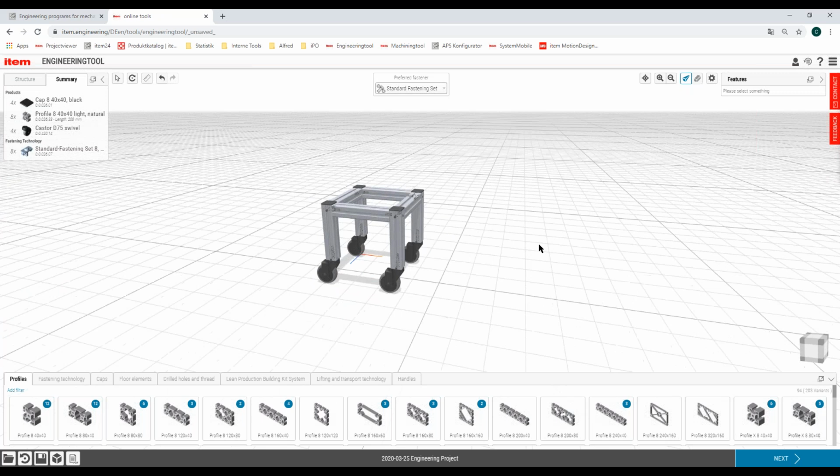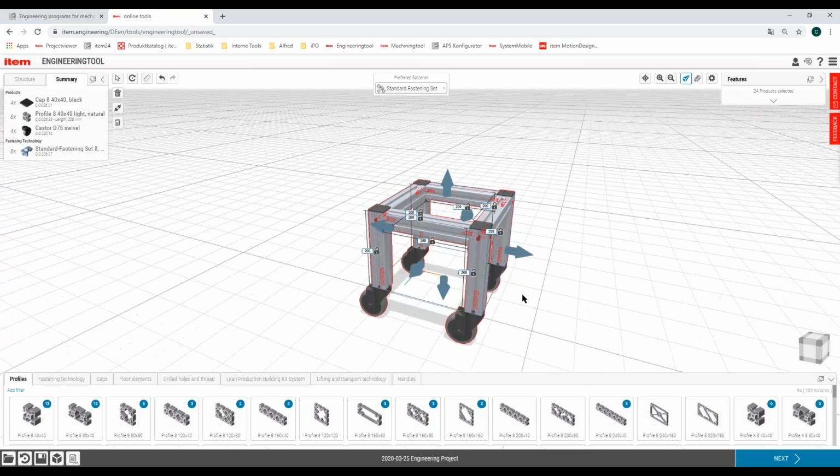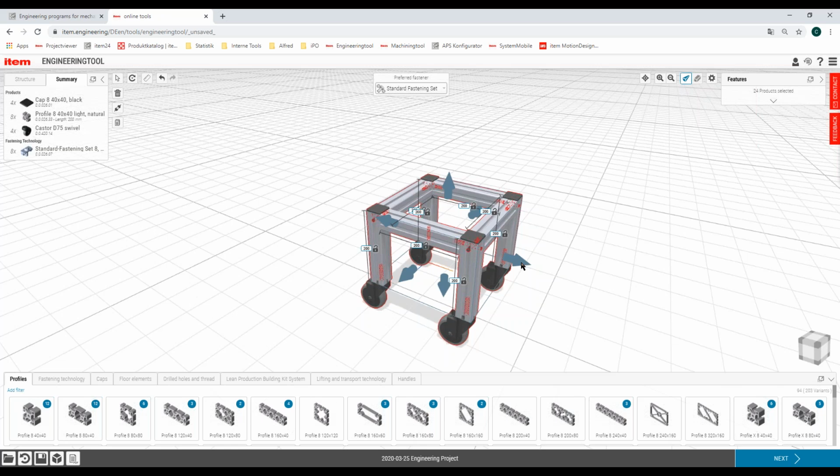Now you could say, yeah, you're right, but Christian, to be honest, that's a very small cart. It's only 200 by 200 by 200 millimeters. That's too small. And now I need to change it, and that takes a lot of time. Luckily, that's very easy to solve in our item engineering tool. Again, I just do a double click on my design, and then you can see those arrows in all of these directions.